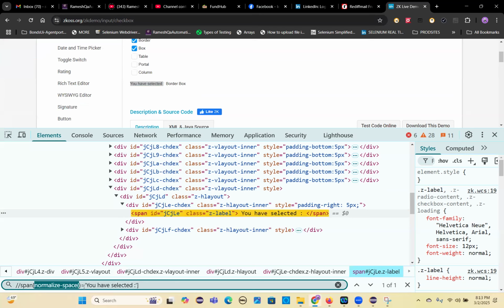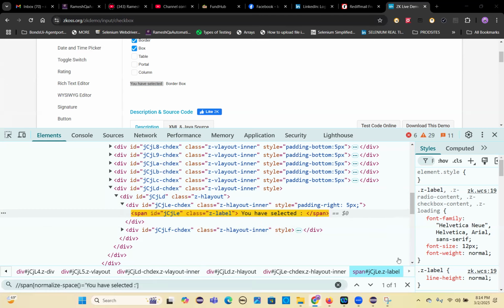Or you can use contains text, but you should not use the text function alone. Why? Because it has spaces. The text function means you have to give the exact value of that tag, but we don't know how many spaces. So that's why normalize-space or contains will work in these cases. Okay, so that's all, and tomorrow I'll cover